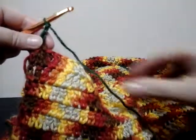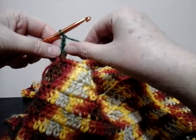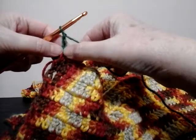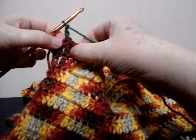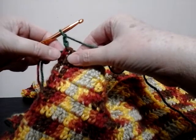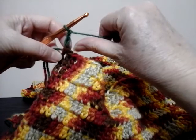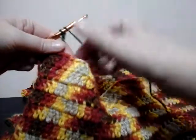Now for the next stitch, we're going to skip that chain 3 because that is our first stitch. And because that is our first stitch of the row and we're including this as a stitch, we are not going to work into that very first 2 top loops of the Elmore double crochet from the row below there. So that very first 2 top loops, we're going to skip that and we're going to go right to the second 2 top loops. So just yarn over